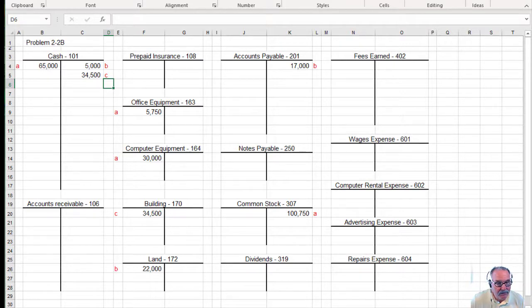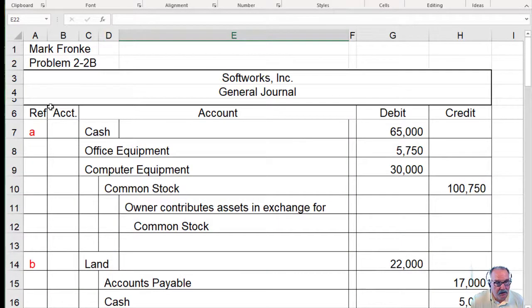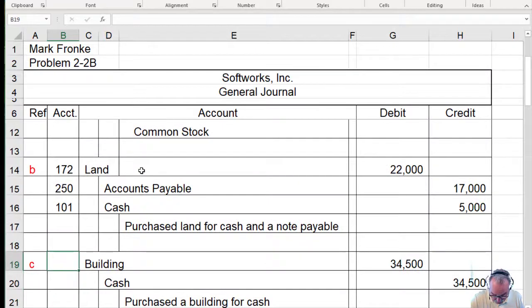Oh, by the way, when we post, we should put the account number into our journal. So cash is 101, office equipment is 163, computer equipment is 164, and common stock is 307. These were given to you in the book. Land is 172, accounts payable is 250, and cash is 101. And then buildings, we're going to use 170, and cash is still 101. So as you post these to your T accounts, when you prepare your journal, put the account number in there